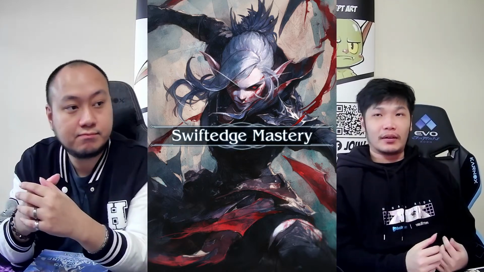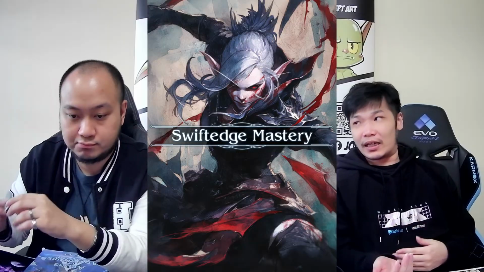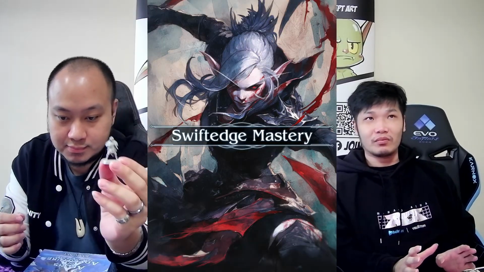So, I mean, you have explained most of it actually. Swiftedge is more about daggers and stuff like that. So, it's quite specifically daggers. You have katas, and it's not really fists in that sense. So the main fantasy for this will be like